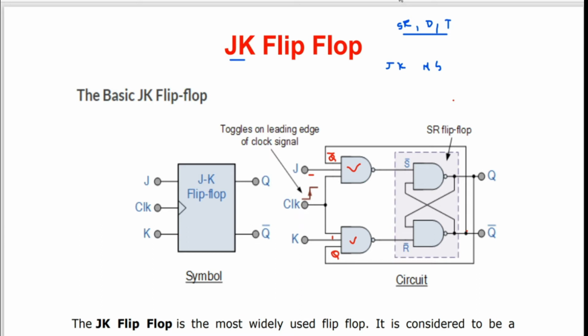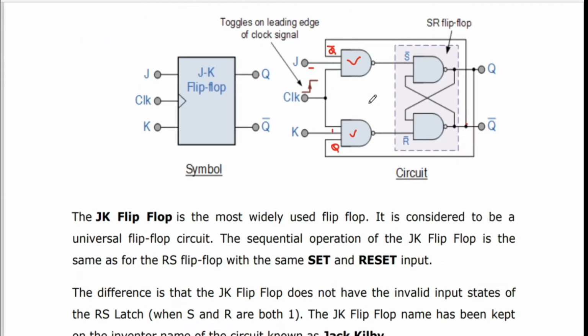So basically these flip-flops are being designed in order to overcome the problem that we had with the SR flip-flop, when both the inputs S and R were 1 1. Okay, so to avoid the intermediate state, we have designed various flip-flops like the D flip-flop and the T flip-flop, and now we'll see how JK will try to overcome the problem of the SR flip-flop, where we had this intermediate state problem, where 1 1 was there and we had an illegal state.